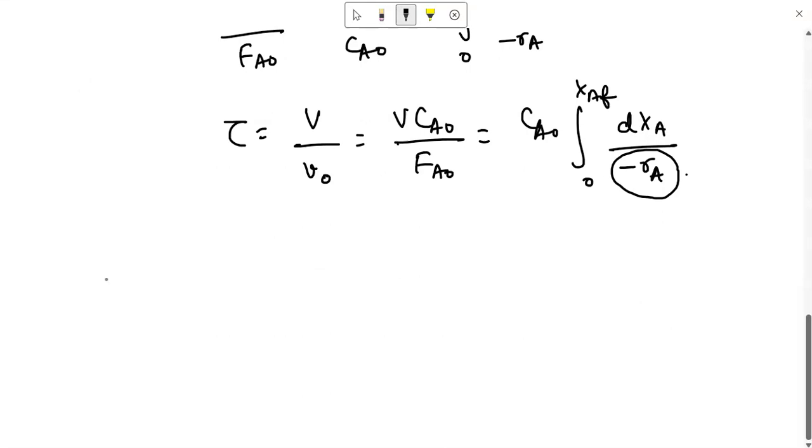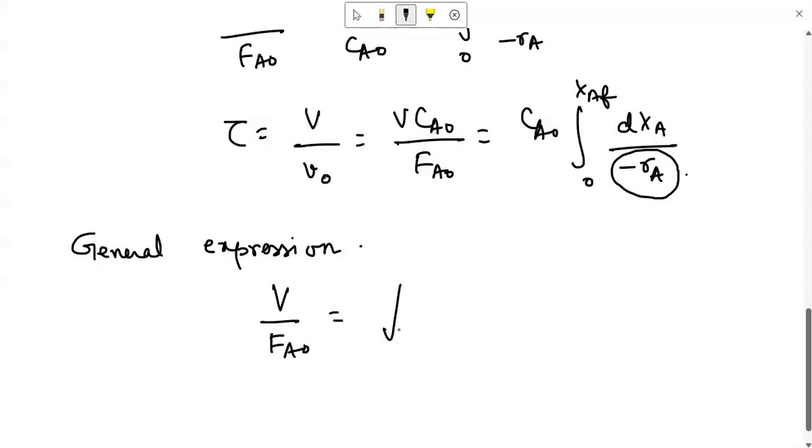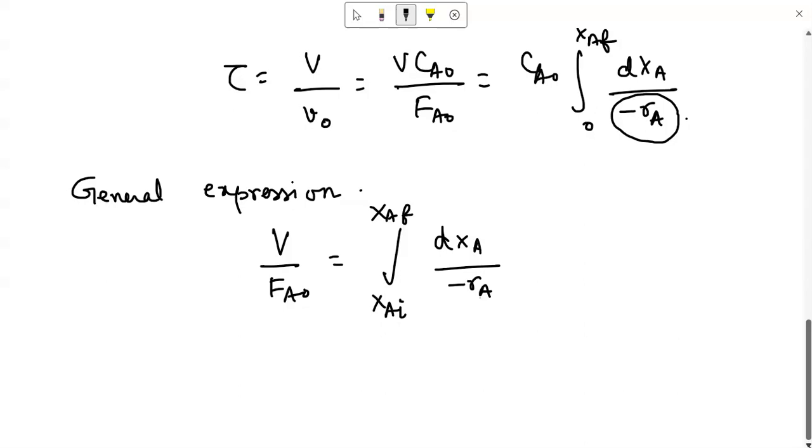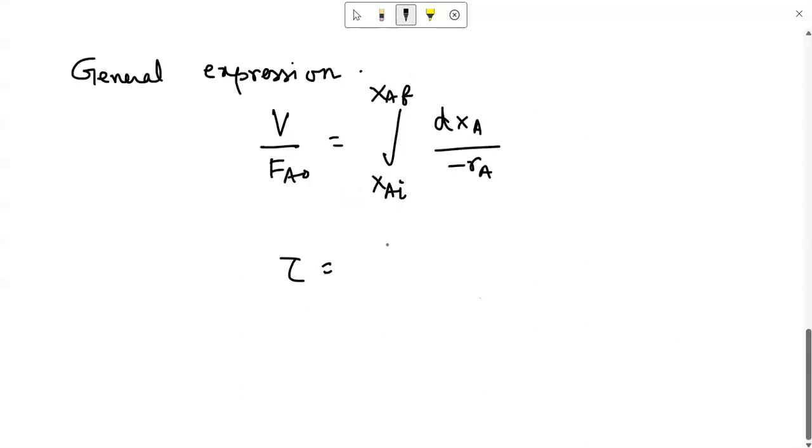If you are considering that a partially converted feed has been put into the plug flow reactor and you want a very general expression, then how would you write it? So the general expression looks somewhat like V by FA0 equals integration XAi to XAf dXA by minus rA, where XAi is the partial conversion of the feed. Accordingly, tau equals CA0 integration XAi to XAf